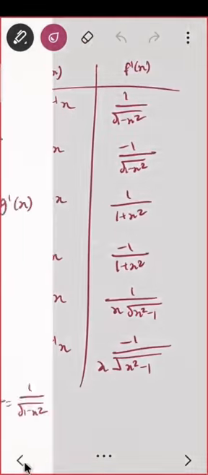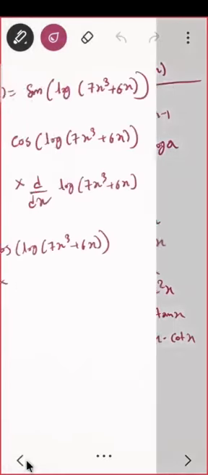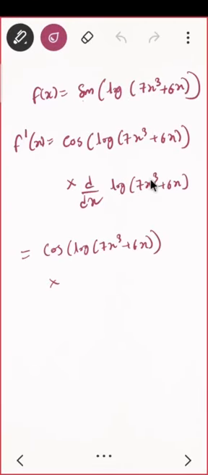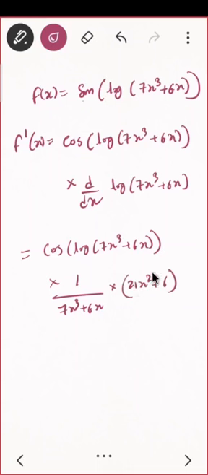Correct? Okay. So where was I? I was solving a problem, I think. Yeah. So I have to find the derivative of log of something. So what is the derivative of log? That is 1 upon x. So it will be 1 upon that something, 7x cube plus 6x, into the derivative of that something. What is that? What will the derivative of 7x cube be? 21x square plus 6. Perfect. That's it. So do I have to do something else also? No, no. That's it. The derivative of log.